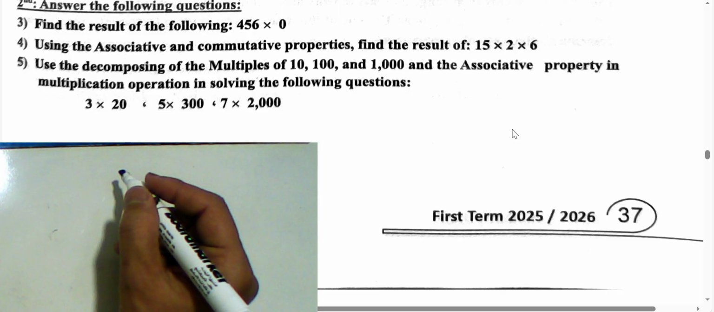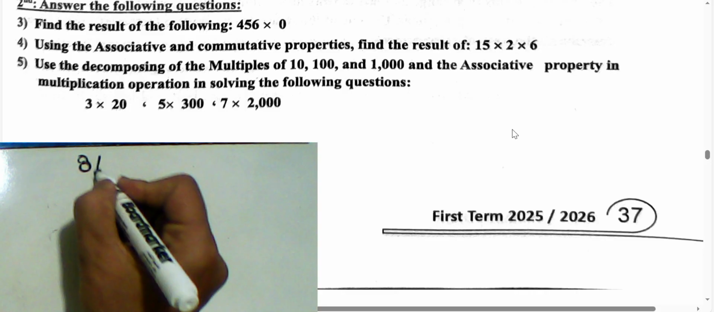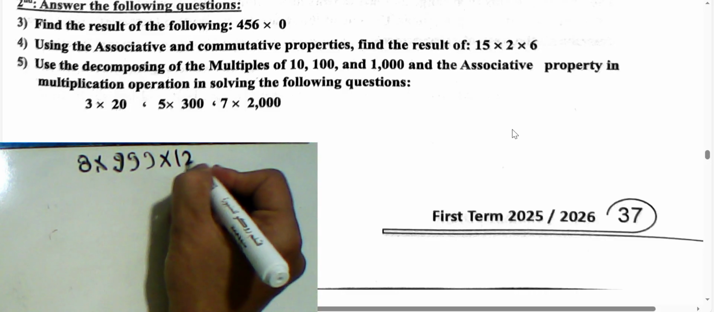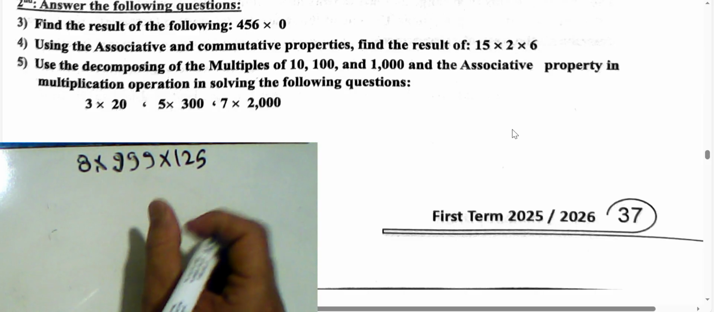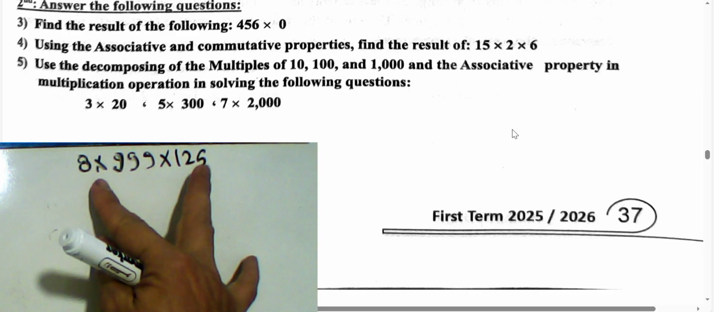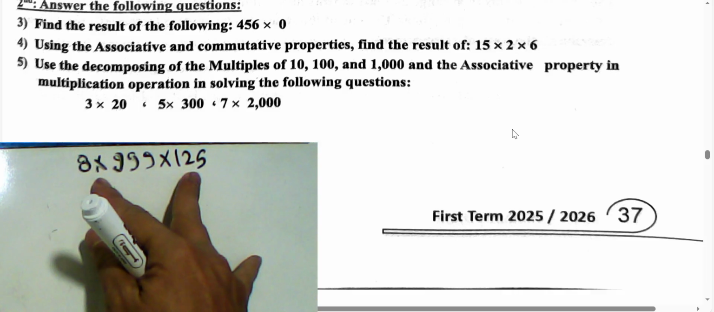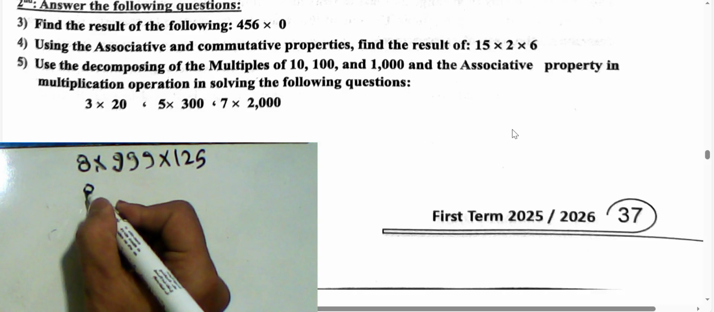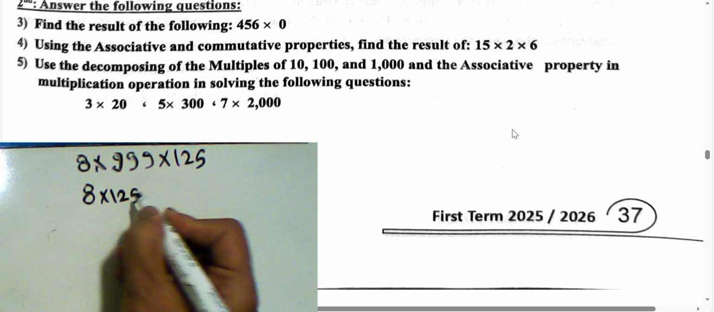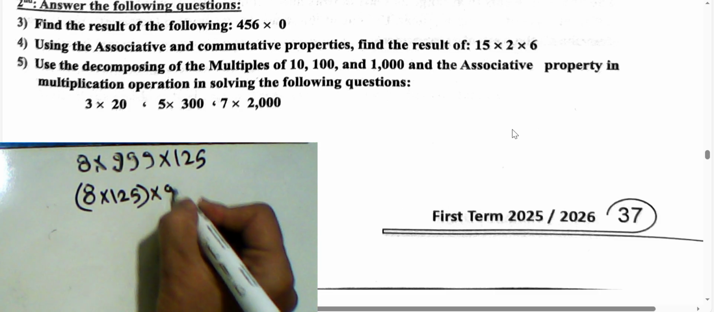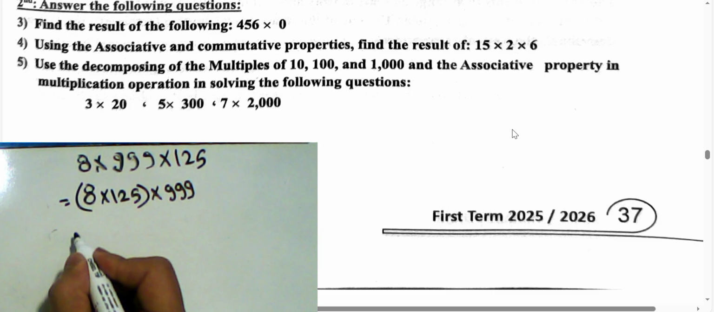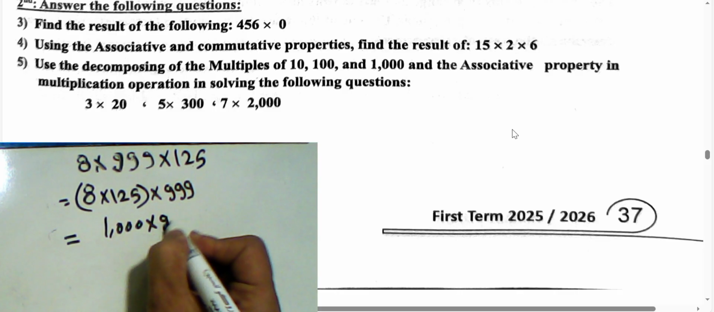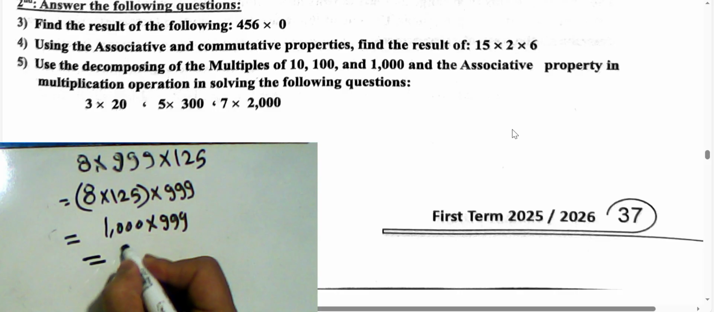Okay, now I will give you an example like this. What about 8 product by 999 product by 125? To solve this question, you must know 8 times 125 is 1000. Then we can use the commutative and associative properties. Write 8 product by 125 and then put brackets, 999. 8 times 125 is 1000 times 999. Then the result will be